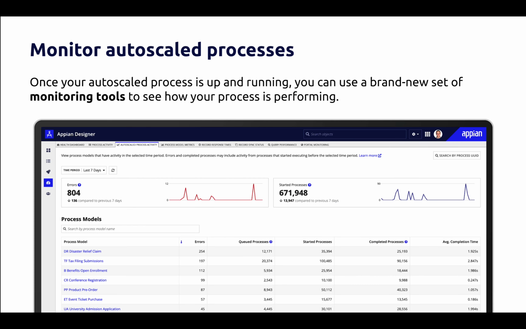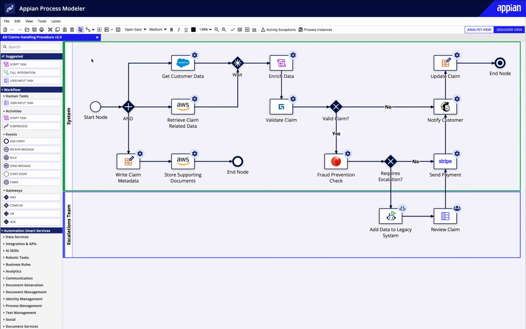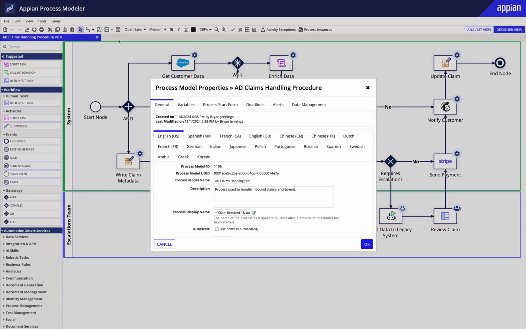For processes that use Autoscale, Appian provides a seamless observability experience, so you can monitor and troubleshoot processes easily. There are different challenges when you need to monitor and take action on a large volume of process instances, and Autoscale is providing the tools to manage processing at scale. Let's look at an example together. We have an insurance claims processing application and want to run the key process in Autoscale to handle spikes in claim volume. Here's the process model, which is currently running in the existing process engine. Let's run this in Autoscale instead.